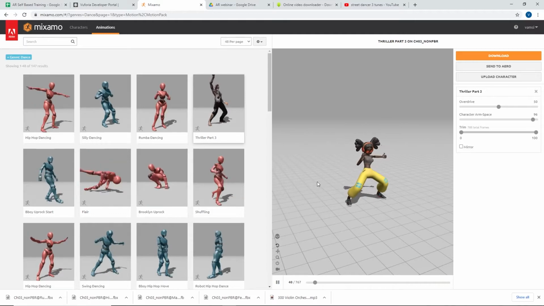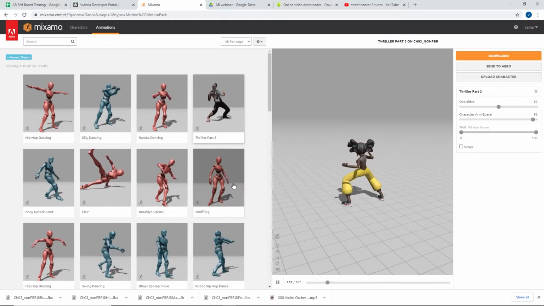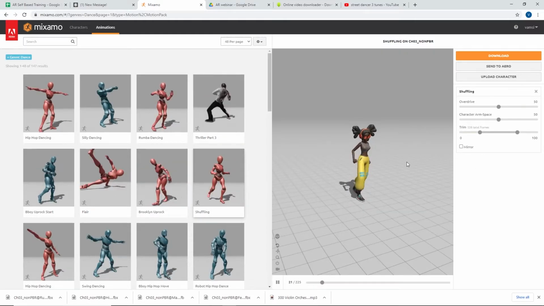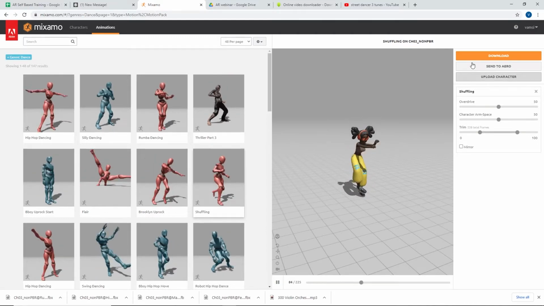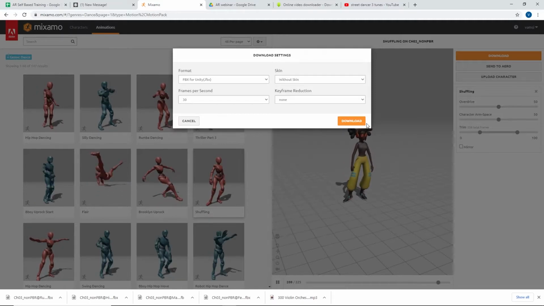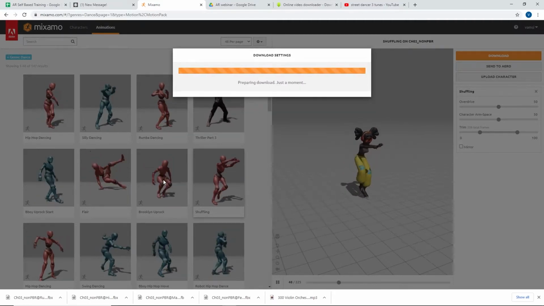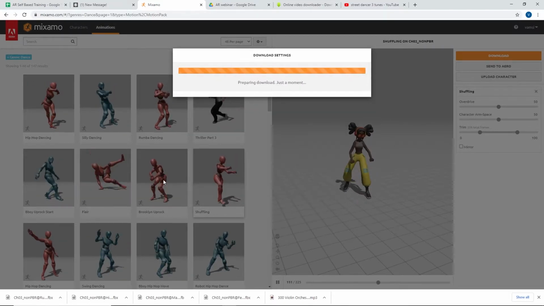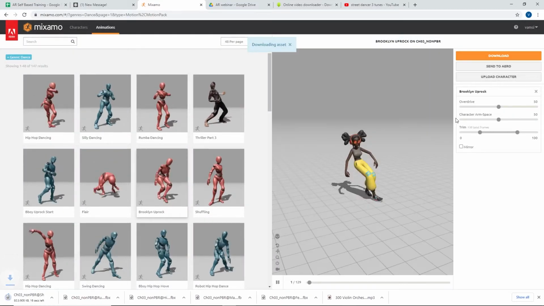This was good, I think. We can add this, but see more steps. Yeah, let's download this. And this as well.